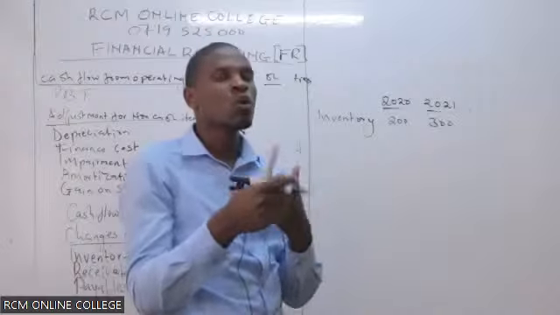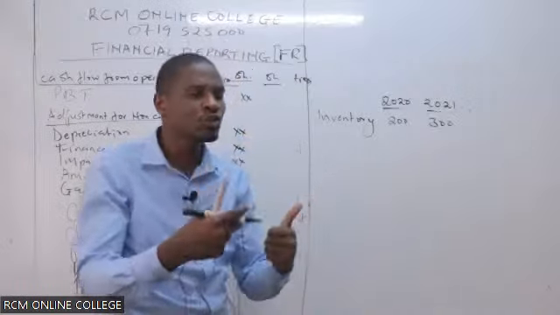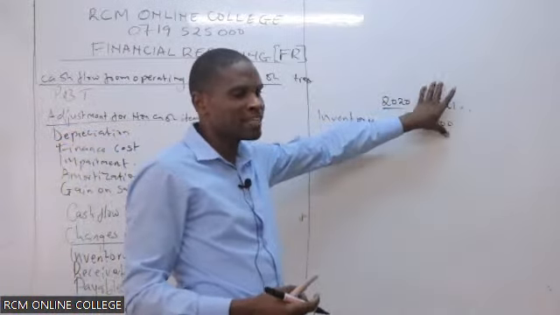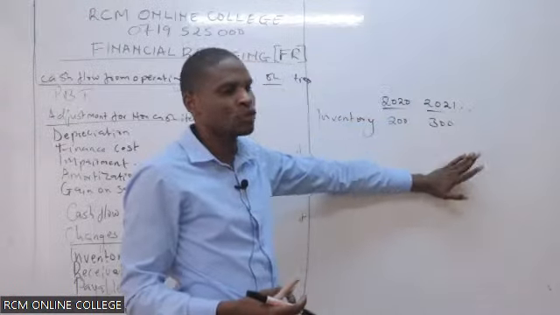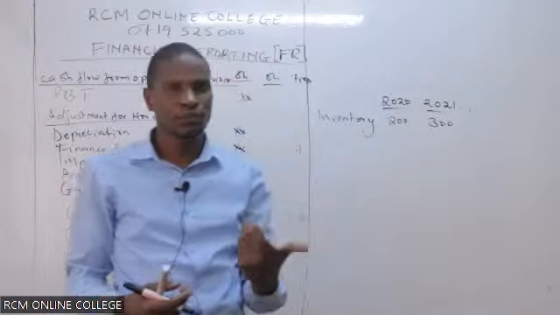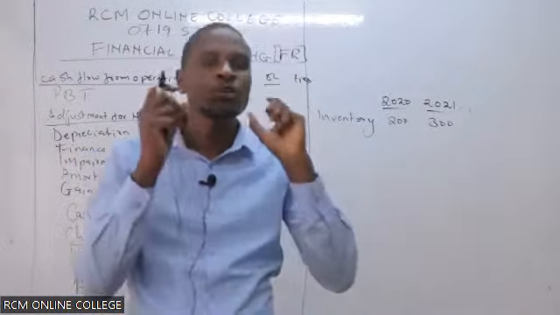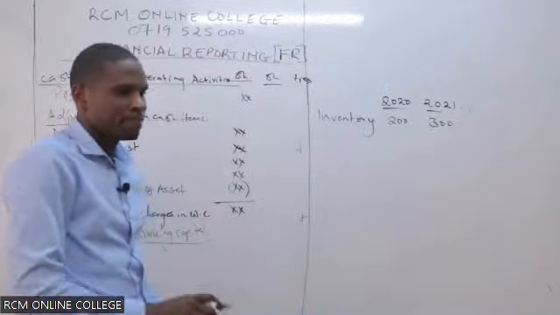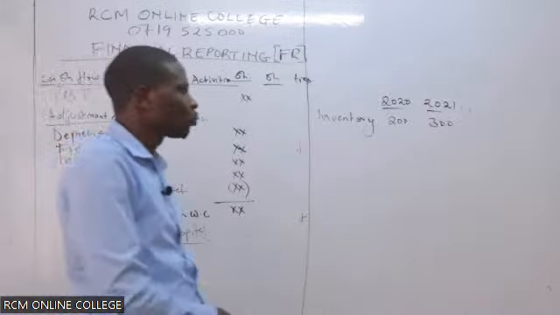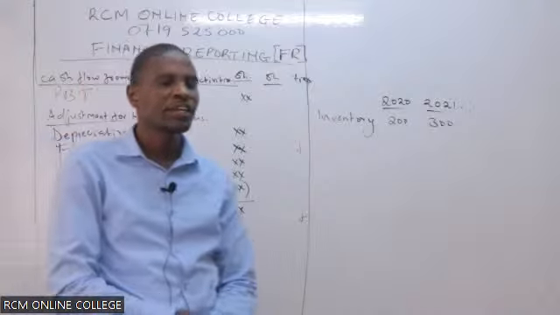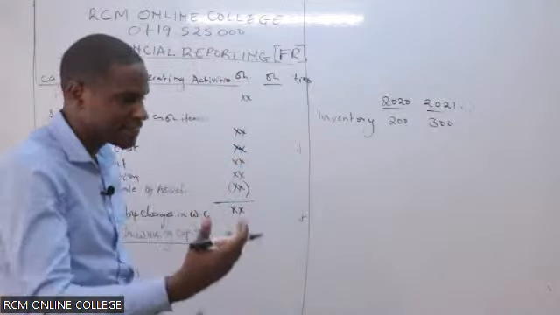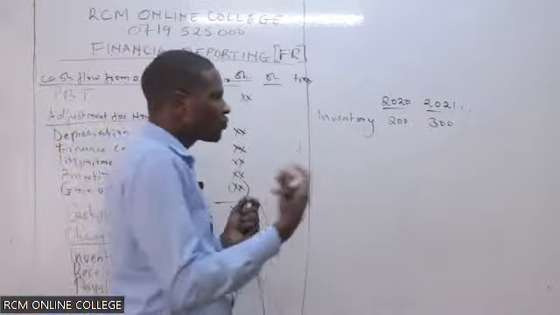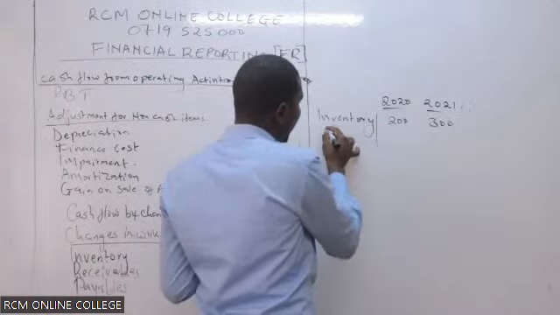You ask yourself, what happened to cash? Did it reduce or increase? That means in 2021, there was a purchase of inventory. And since we are drawing the cash flow statement, you ask yourself, what happened to cash in this company? Did the cash increase or decrease? That is the way you ask yourself when it comes to assets. Cash decreased. Therefore, it will be an outflow. So never struggle when it comes to the assets.